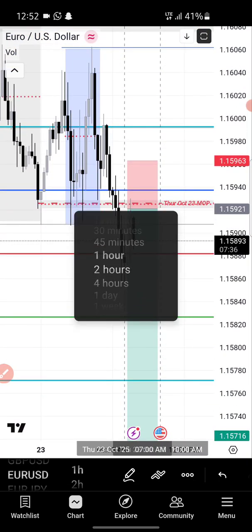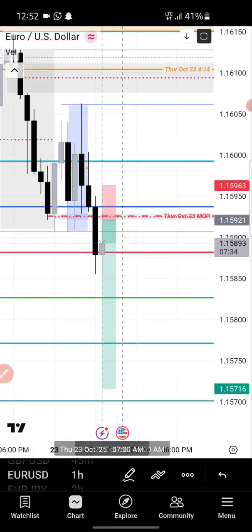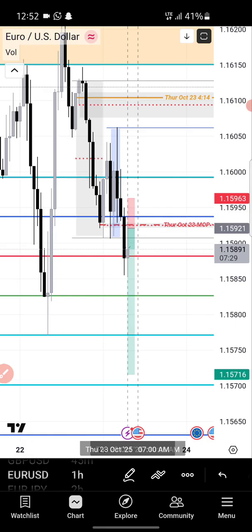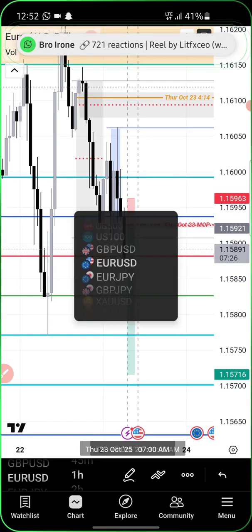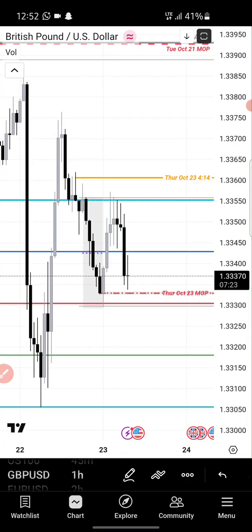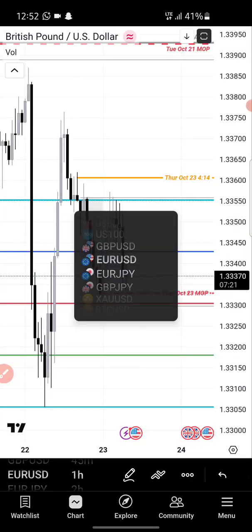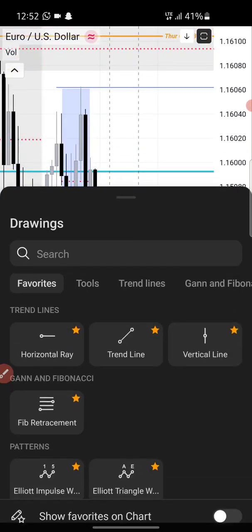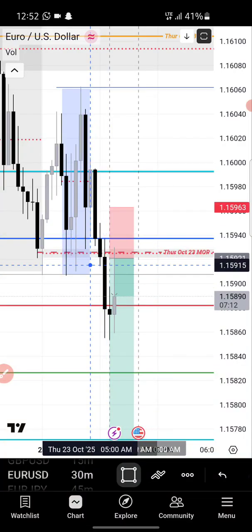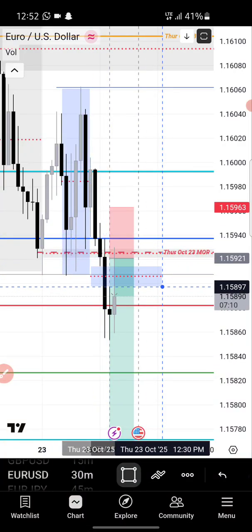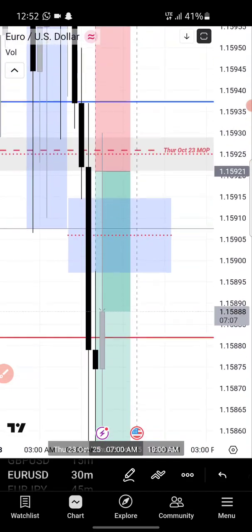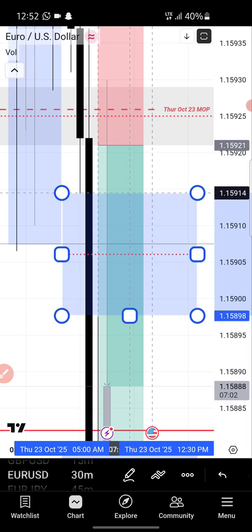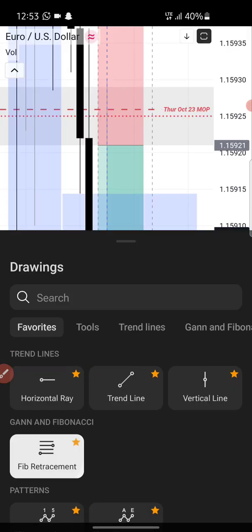If you watch carefully on the H1 time frame, I've already broken Asian range low. And on GBP USD, we have not quite done that yet. Then on the 30 minutes time frame on Euro USD, we are seeing a fair value gap formed right here. We're seeing that fair value gap formed inside.